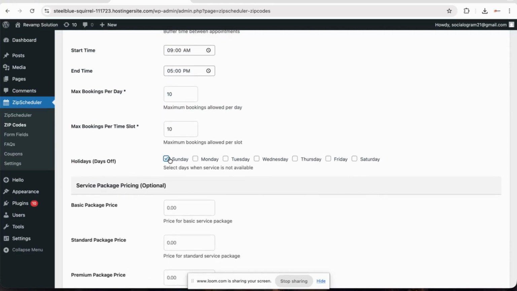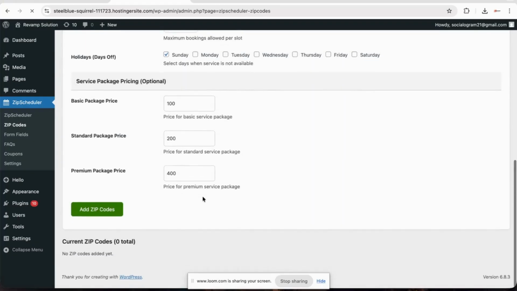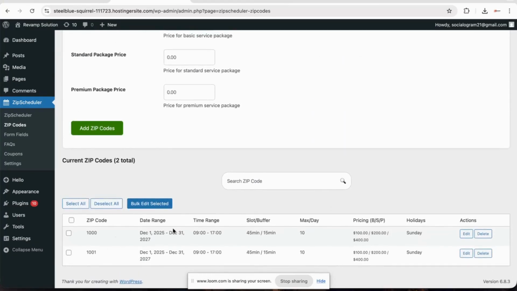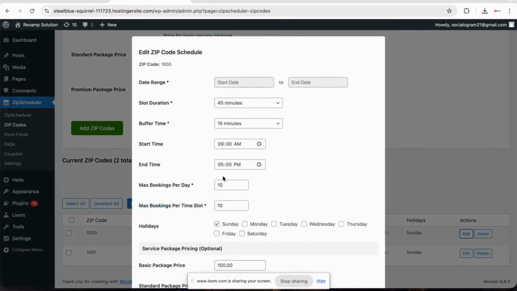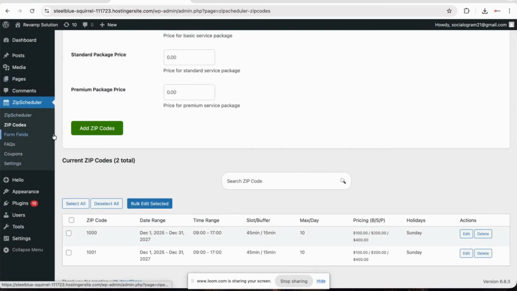Okay, you can take your day offs, and if you are using three packages, you can add three packages data here for pricing. Okay, so now two of my zip codes are added. Now you can edit them from here also. And now we have a